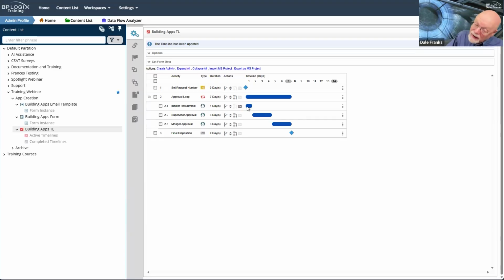And finally, if I hit deny or resubmit anywhere in this process, I have to ensure that the signature comments control requires that I place a signature comment into it. Oh, and we're also testing to see whether it sets my request number before it does anything else. So a lot of things to test here.